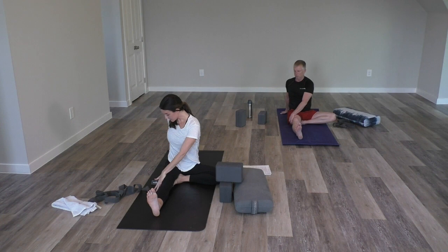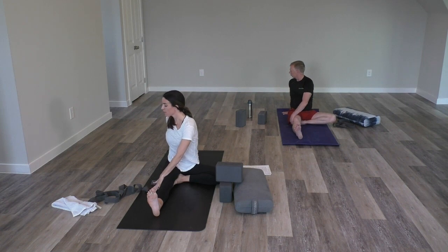Sit up nice and tall. Reach the crown of the head high. Exhale, you press left hand into right thigh to rotate the spine and send your gaze over the right shoulder. Inhale, we lift the heart. Exhale, we twist further. If this is a lot for your low back, you can take a pillow or maybe